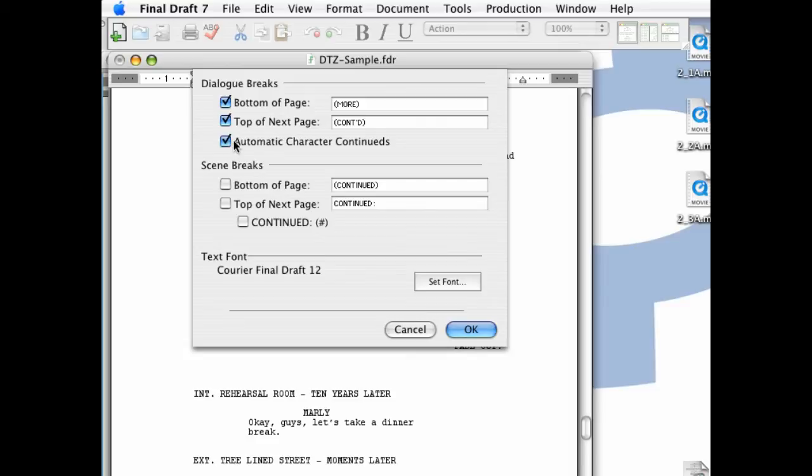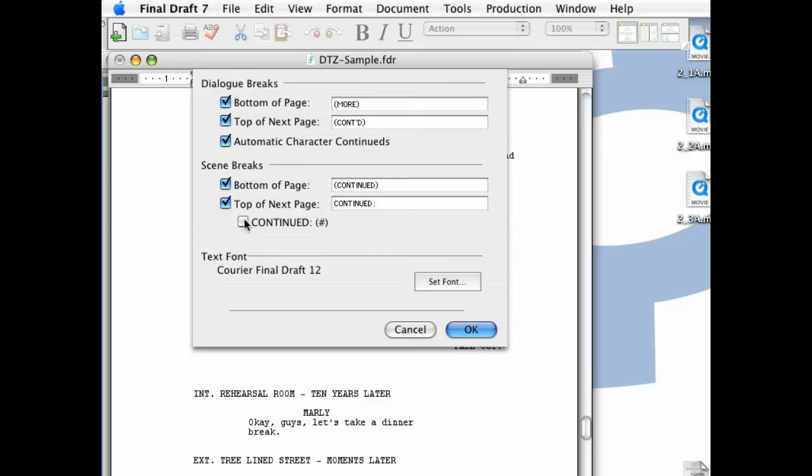Great feature. Now you can also have, for scene breaks, not just for dialogue breaks, you can put continued at the bottom of the page, continued at the top of the page, and you can even go to page numbers. This is not that necessary at the writing stage or even at the reading stage, but when you get into production, and especially when you're working with locked pages, as we're going to talk about in a minute, it can be really important to know that a scene continues for 3 more pages, because you might find yourself in a situation where you're reading a very